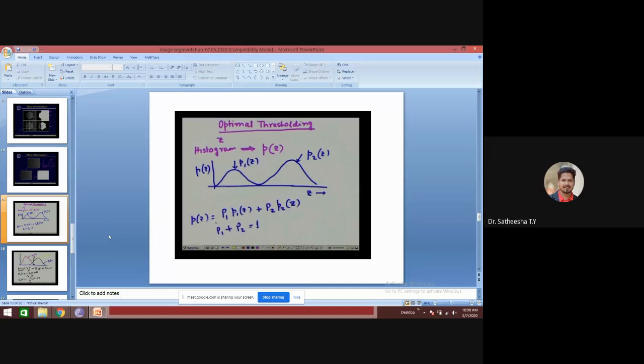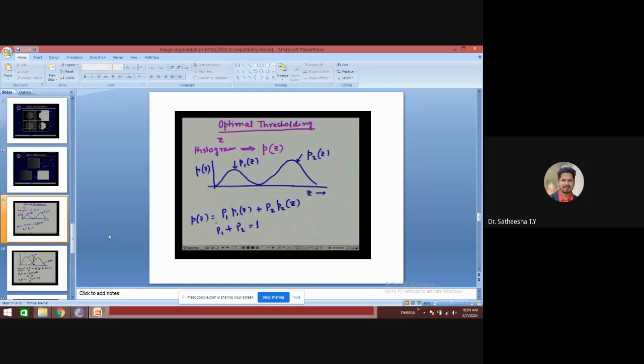Now this overall histogram, that is p of z, can be represented as a combination of P1 of z and P2 of z. So we can write p of z is equal to capital P1 times P1 of z plus capital P2 times P2 of z, where capital P1 indicates the probability that a pixel belongs to the background, and capital P2 indicates the probability that a pixel belongs to the object. So obviously P1 plus P2 is equal to 1.